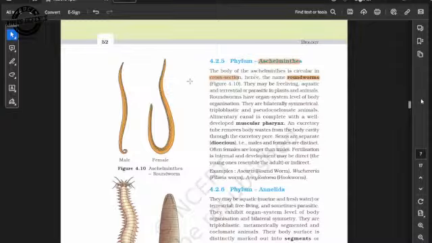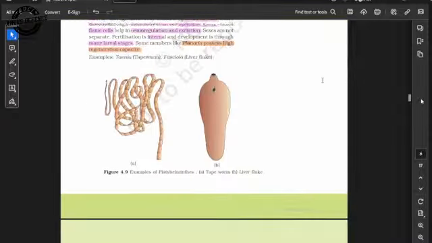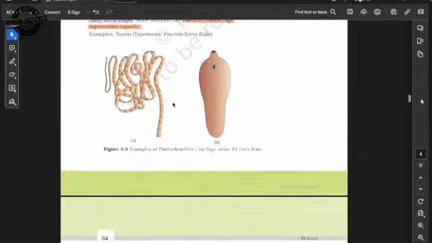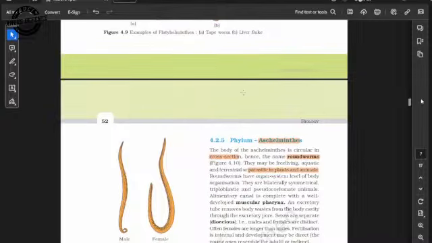If you discuss their habit and habitat, they are free living, aquatic, terrestrial. The important one is parasitic in plants and animals. Such a parasitic organism which can infect plants and animals both is firstly seen in Aschelminthes. In Platyhelminthes, they have mentioned they are endoparasites found in animals including human beings. They have not mentioned plants. So be careful. In Aschelminthes, they have mentioned they are parasitic in plants and animals.